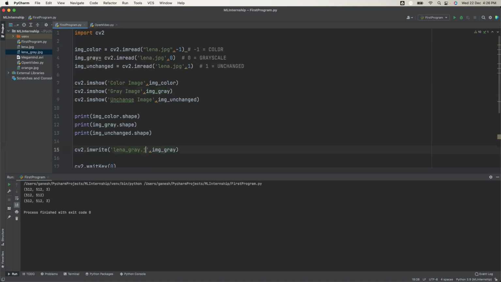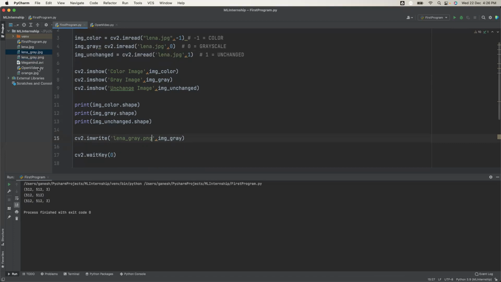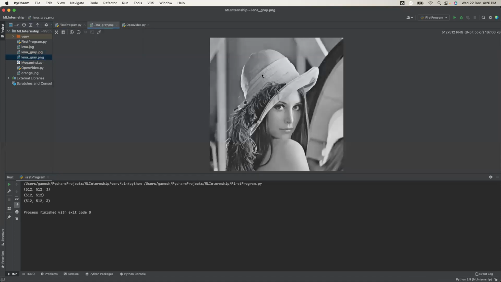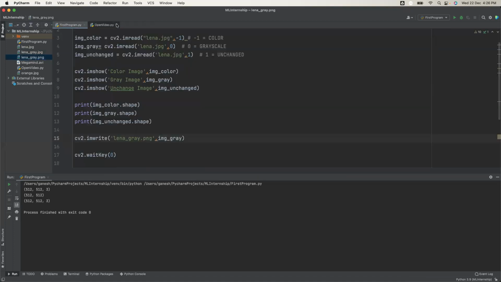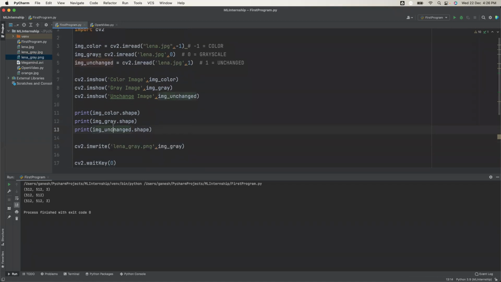Yes, PNG also works. You can give any name. आप PNG में दे सकते हो. You can give any name. जब कोई बटन प्रेस करोगे ना, ये देखो ये PNG फाइल आ गया. This is the PNG file. Here the name doesn't represent the type of the image. This is just a name. You can give simply Lina.gray also. That is also valid.